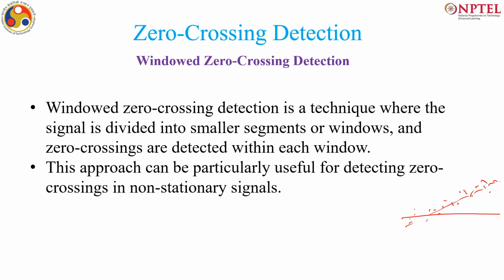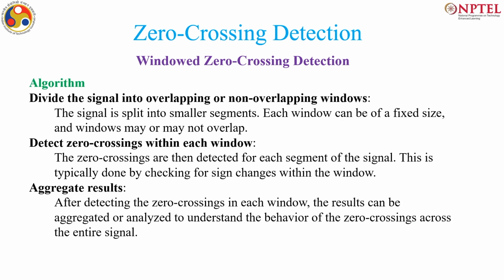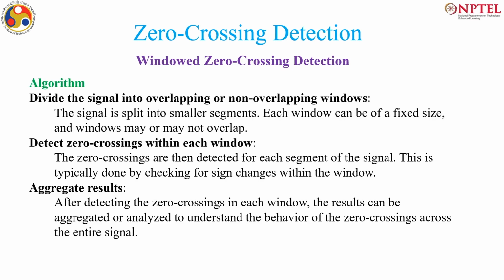So, here instead of doing it globally, what you can do is a windowed zero crossing detection. You can take small windows, then normalize the signal and then apply the zero crossing methods. The algorithm is to divide the signal into either overlapping or non-overlapping windows. Now, what to use will depend on your application, and usually the naive method is to use fixed size